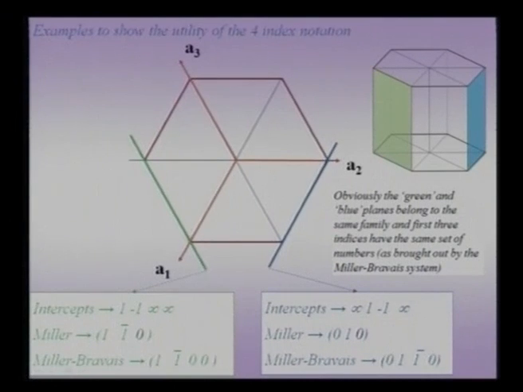Intercept along the A1 direction is 1, the A2 direction is minus 1, because the A2 direction is in this direction, it is minus 1. The intercept along the A3 direction is infinity, this green plane never intercepts the A3 direction. Obviously, the intercept along the C direction, as you can look from this green plane, also never intercepts the C direction, therefore, I write it as infinity. To make the Miller-Bravais indices, I make the reciprocal. So, I will write it as 1 1 bar 0 0, both the infinities become 0,